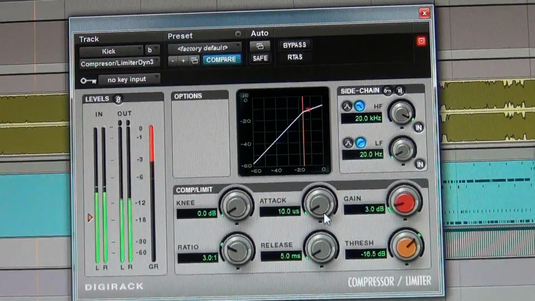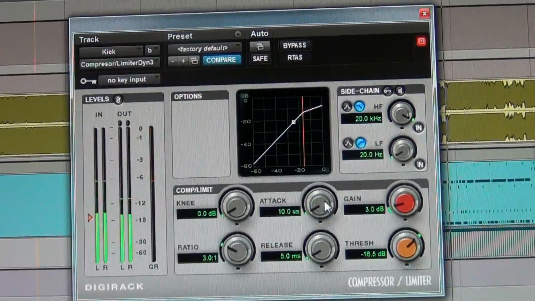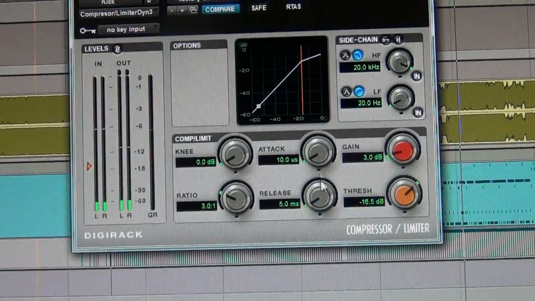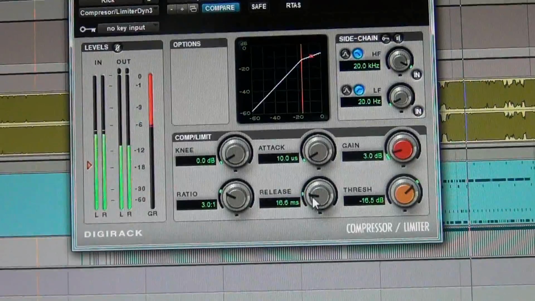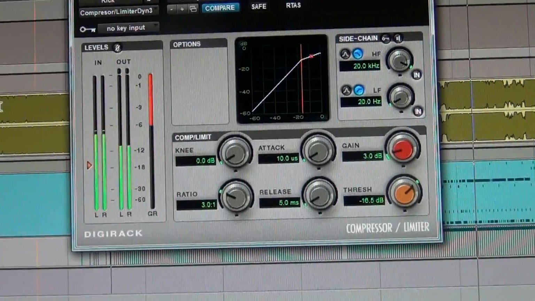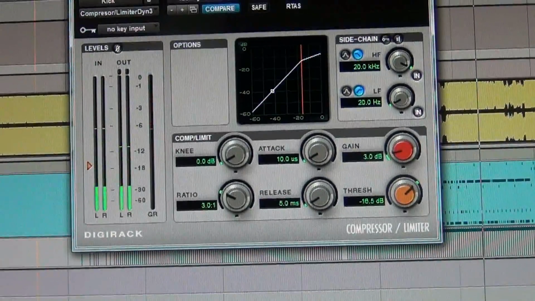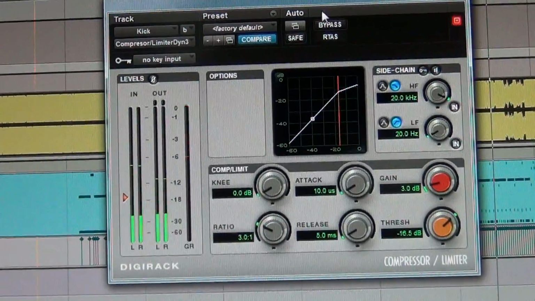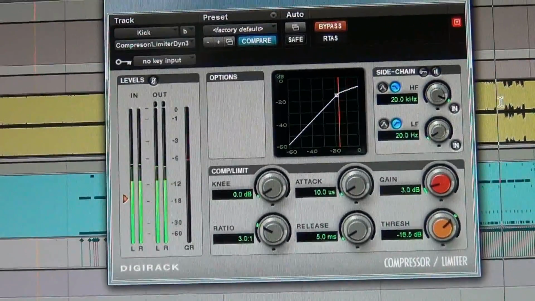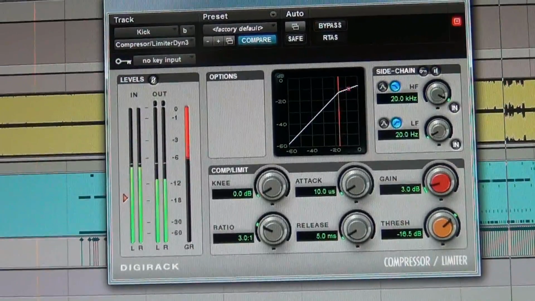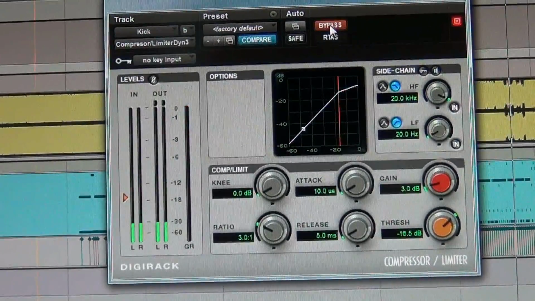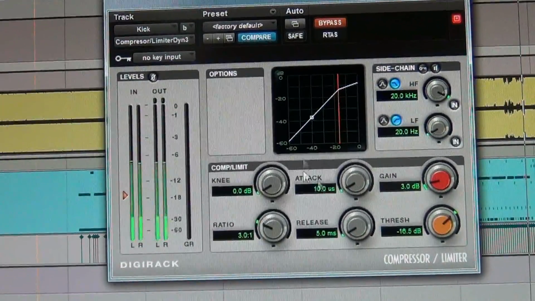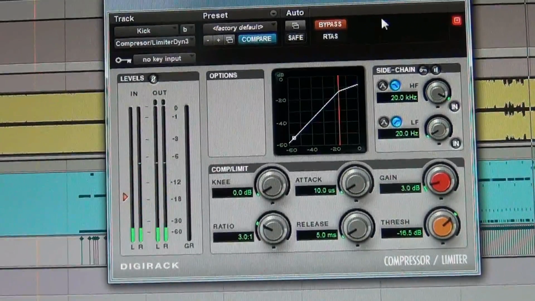I was hoping it'd be a little more noticeable than that. I was thinking a kick drum would give you a good idea of what this attack and release was doing, but again, Steven Slate Drums already, I think, have some pre-processing done to it. So I'm not doing myself too many favors by applying more compression, but in fact, in this mix, I don't even have a compressor on the kick, but that wasn't the point of what I was doing this for. This was more or less just to show you what these options do